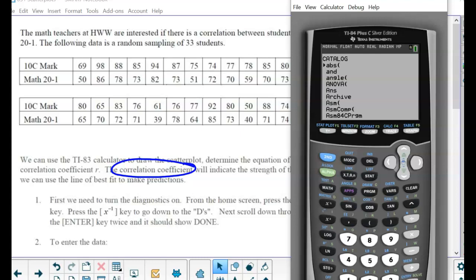Okay, so second 0. And then we need to go all the way down to diagnostic. Well, there's a lot. It's alphabetical order, all these things. I don't know what hardly any of them are, but they're things that you can do in your calculator or add in. So the fast way to get to the D's for diagnostic is to press the